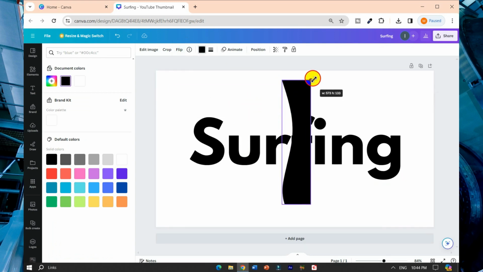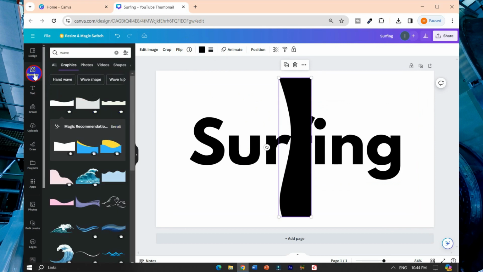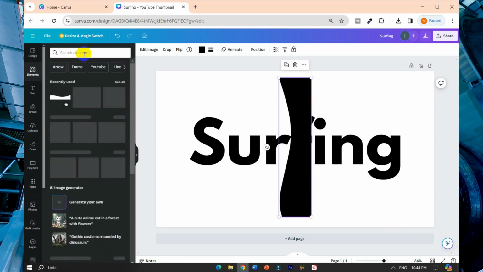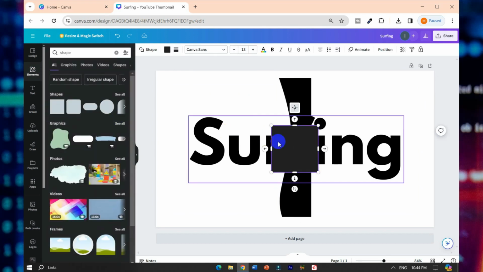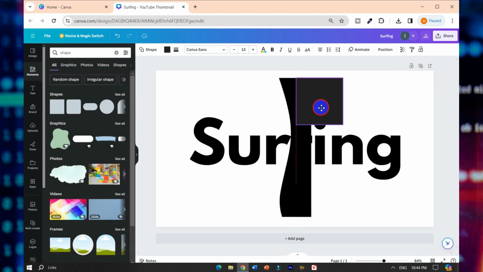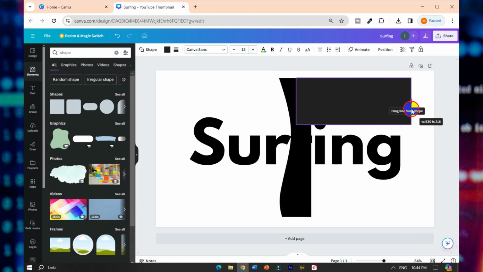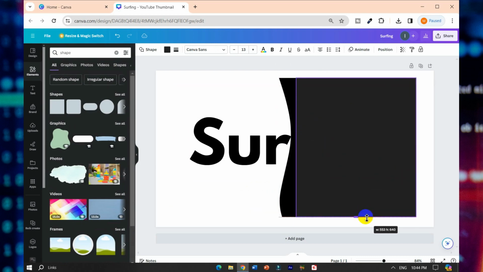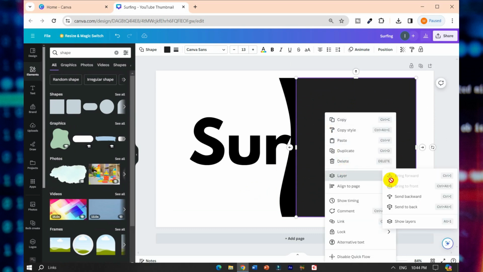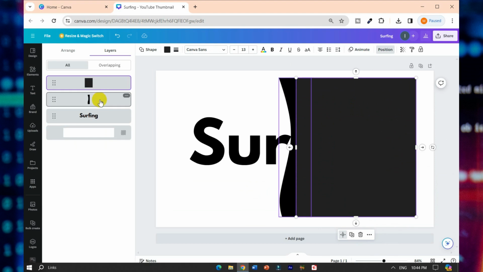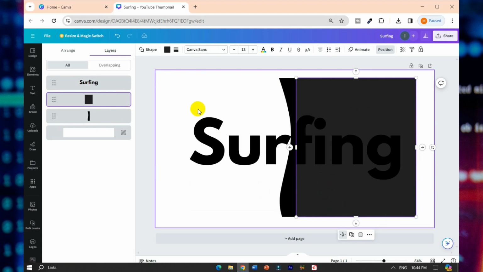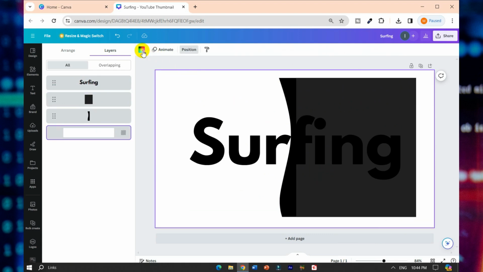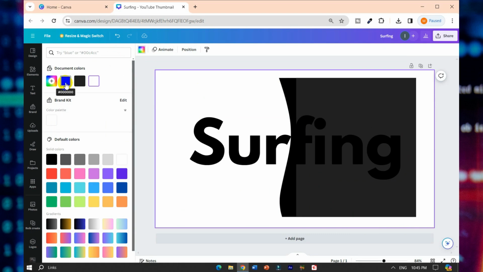vertical, resize it, then go to elements and search shape, select a square shape, drag it and resize it, right click and go to layers, show layers, then select the background color to black,